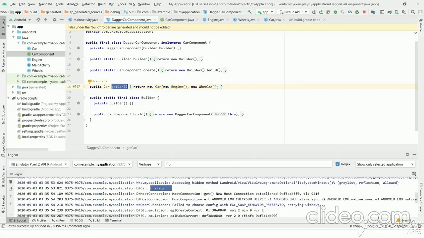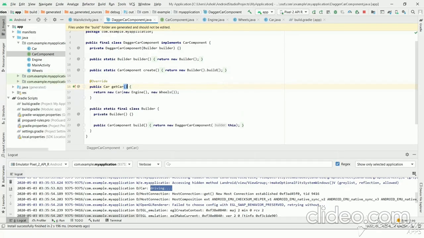DaggerCarComponent implements CarComponent, and the method we have kept in CarComponent is getCar. Internally Dagger creates an implementation for this. It will create new Car and new Engine and new Wheels. You see the magic of the Dagger library. We have not implemented or created Car objects or Engine objects or Wheels objects manually.